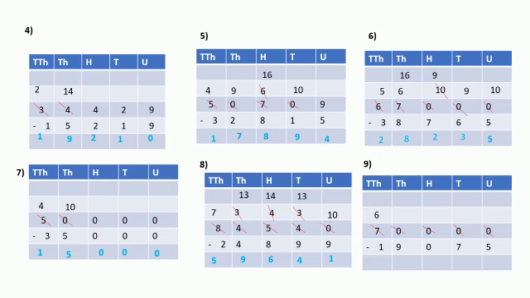In thousands place, number 10 will become 9 because we are going to give one number to hundreds place. In hundreds place also number will become 9 because from there we are going to give it to tens place. In tens place also number will become 9 because we are giving one number to units place, and in units place the number will be 10. 10 minus 5 is 5. 9 minus 7 is 2. 9 minus 0 is 9. 9 minus 9 is 0. And 6 minus 1 is 5.